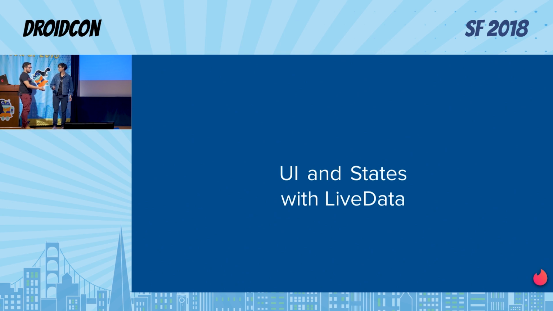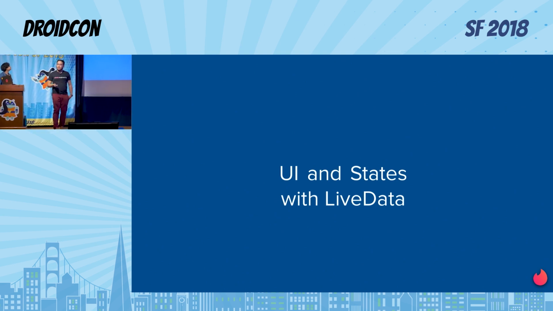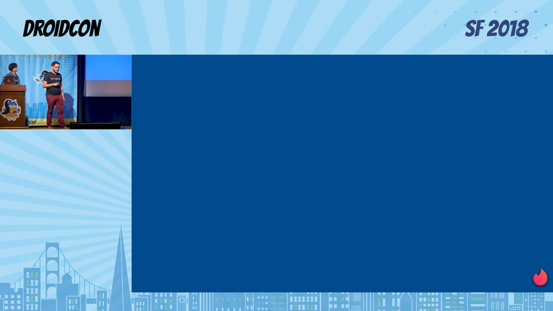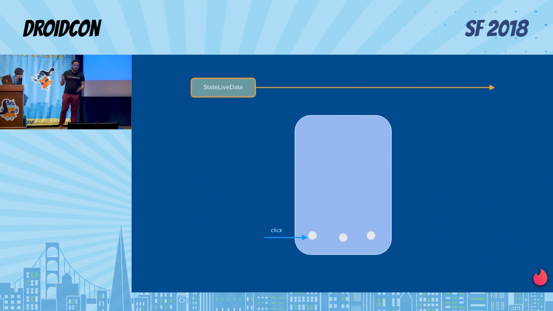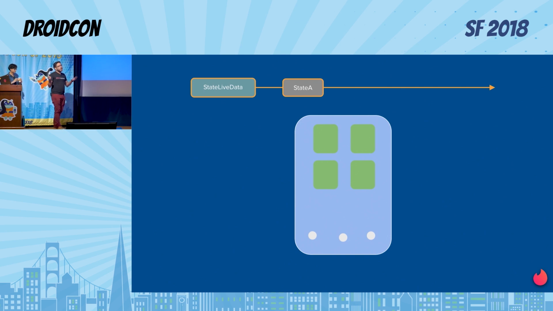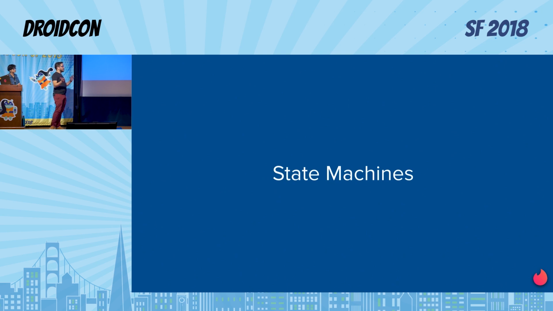Let's see how we can use LiveData together with states to have more well-organized code for the UI. So right here, we would have a state LiveData. When I click here, it emits a state, and then I just react to that state. If I click here, that state changes to a second state based on an action, which was the click button. And when I click the other button, which is another action, I have a third state, state C. It's important to say action in there